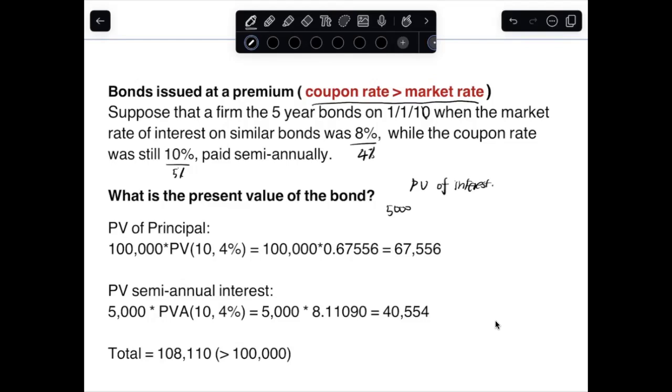Use 5% times 100,000 times the PVA 10, 4%. Use the market rate. Equal to 5,000 times 8.11090, equal to 40,554. And here, PV of principal